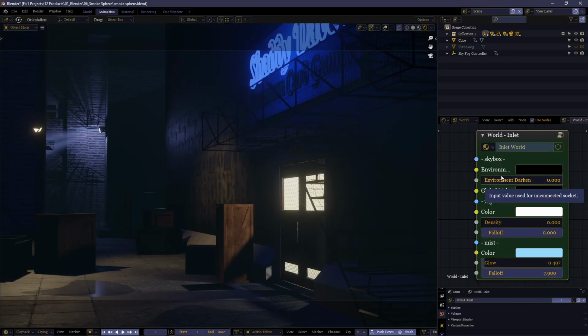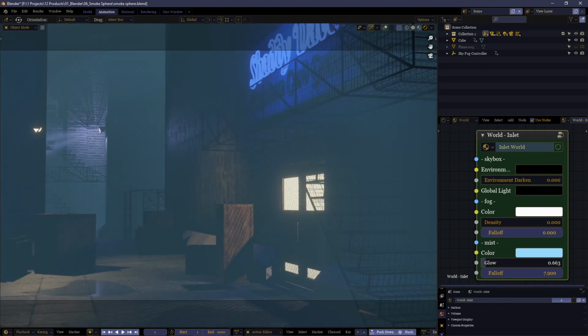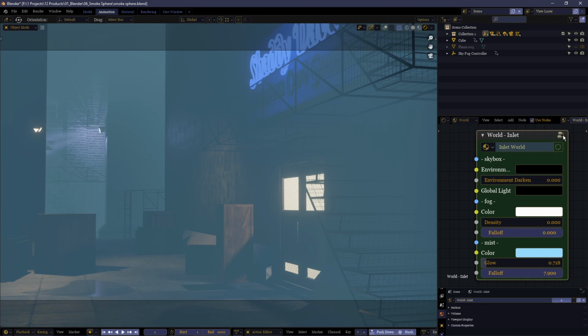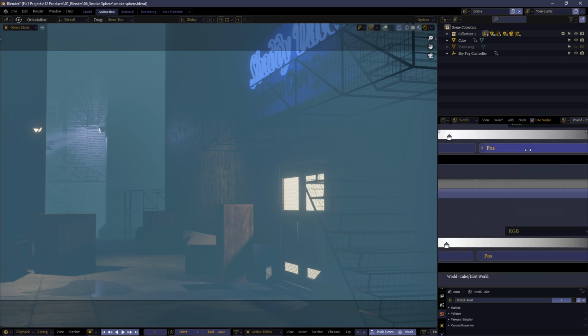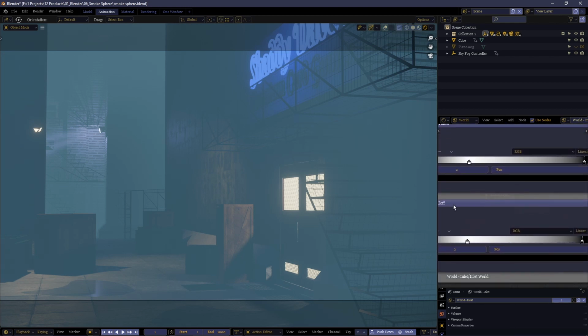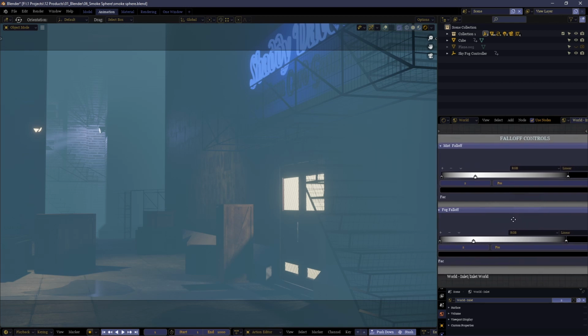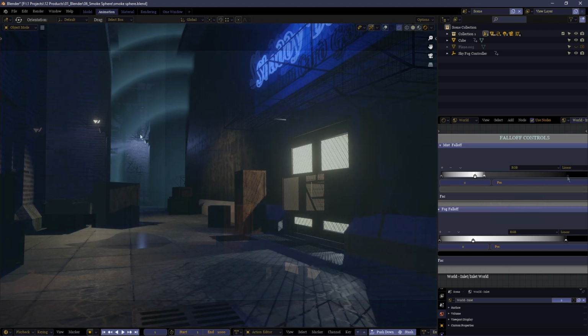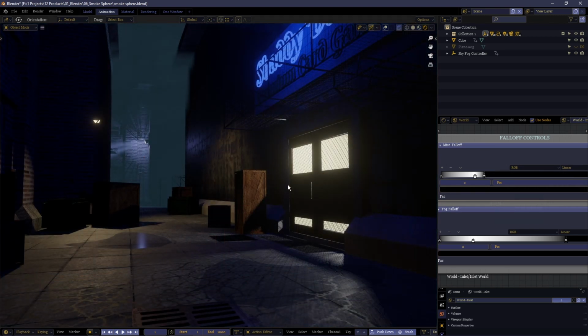But as I was saying, the purpose of this is that it allows you to not only affect the fog's specific position, but its cutoff. Now, I've mentioned that a few times, but what I actually mean by that is that if we go inside the node group, as we mentioned before, we have one for the fog and one for the mist, and this represents where it is on, black represents when it is off, and by dragging it closer to the edge, we can see some changes happening in the scene.